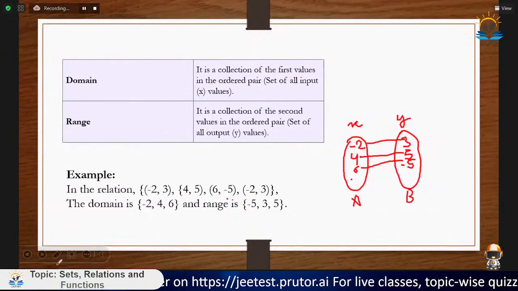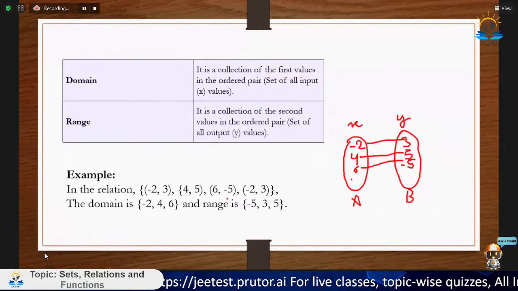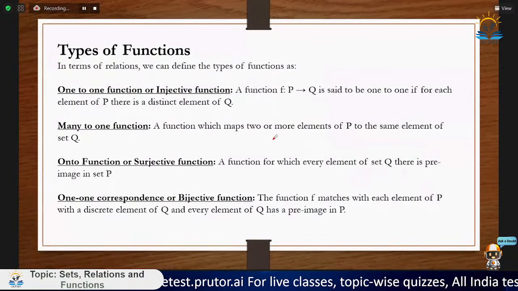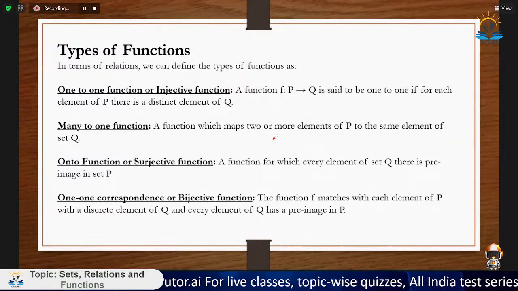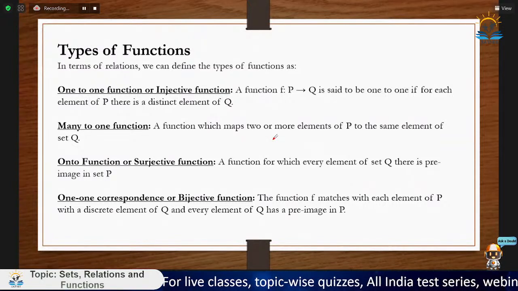So moving ahead. Now coming on to types of functions. So how many types of functions are there? Types are many, but